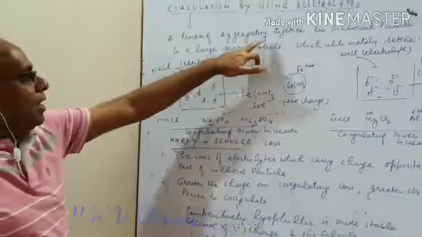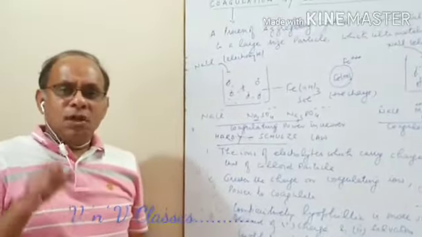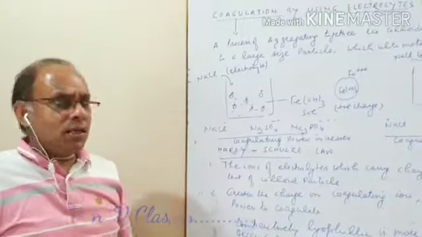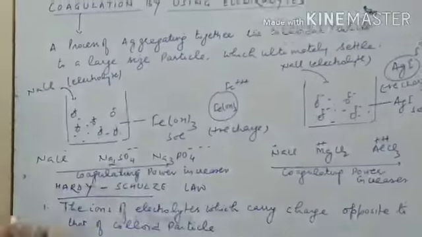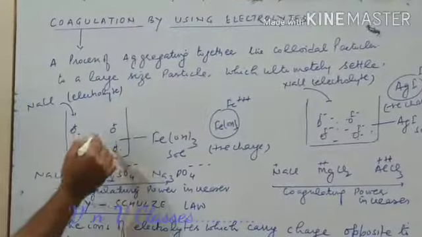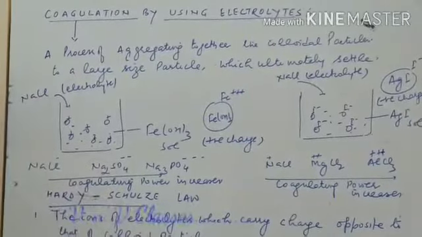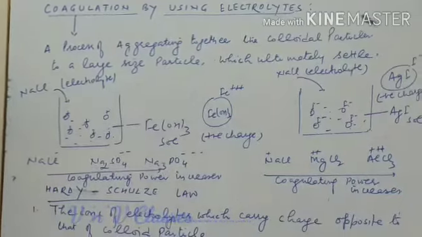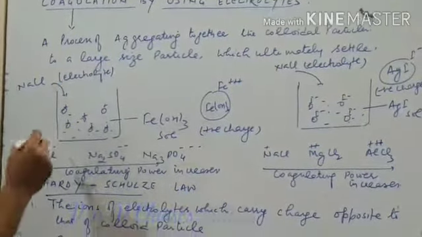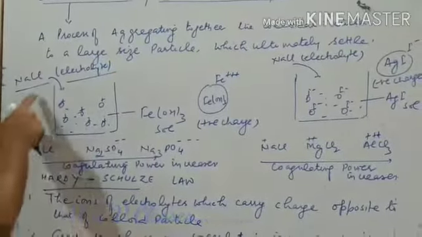So you see, coagulation is a process of aggregating together the colloidal particles. Means what we have to do? We have to remove the charge on the colloid particle. You see, these colloid particles have positive charge. So as and when you remove these charges, definitely they will collect together and they will settle down in the form of precipitate. This is called coagulation. Now for coagulation, we are to study how we can use these electrolytes like NaCl.